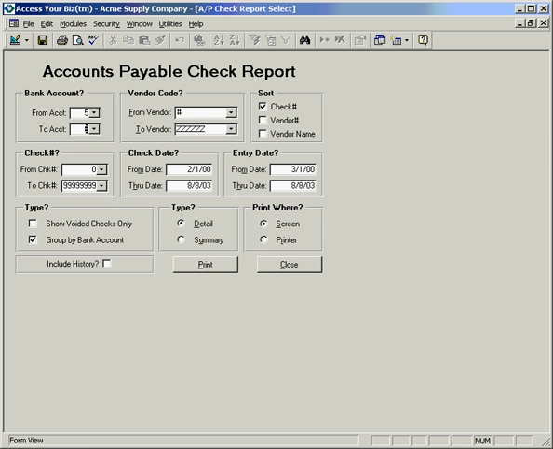of bank accounts, for a range of vendors. You can have it sorted by either check number or vendor name. You also have the ability to specify a range of check numbers, as well as a check date range and an entry date range. The significance there is that maybe you're looking for a check that you posted yesterday,